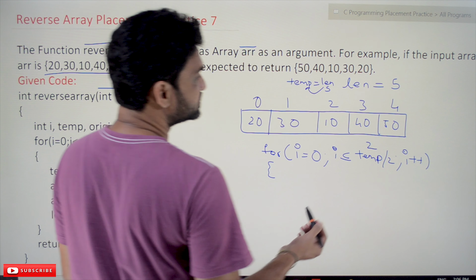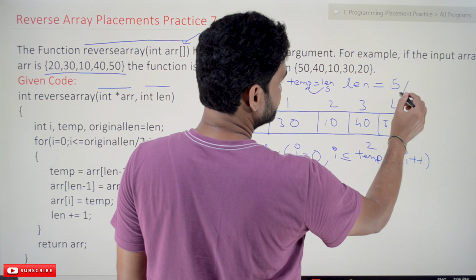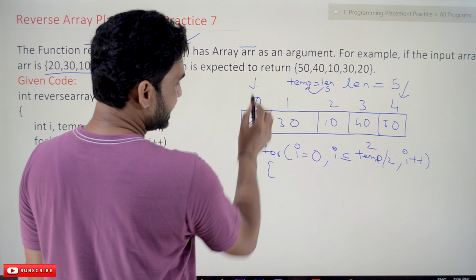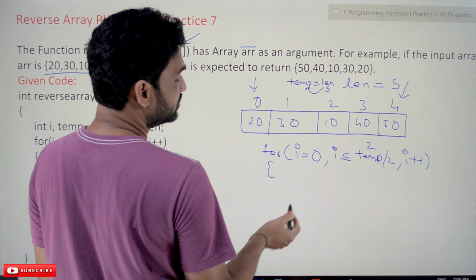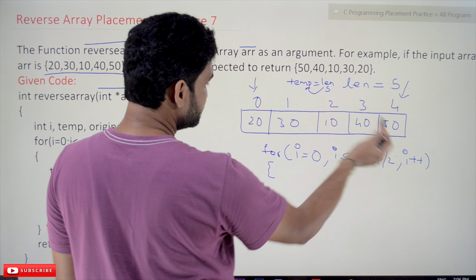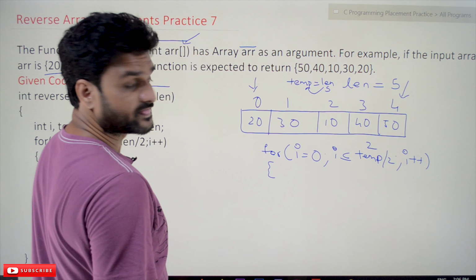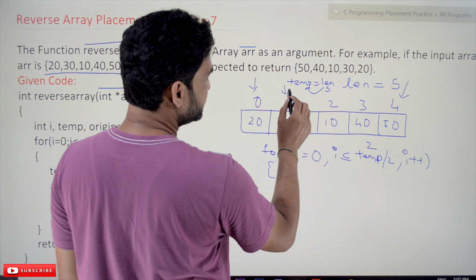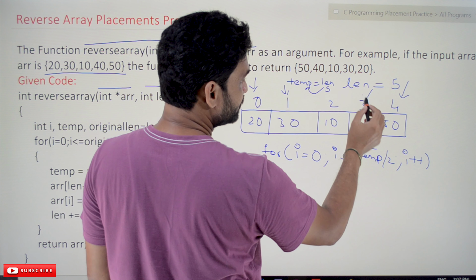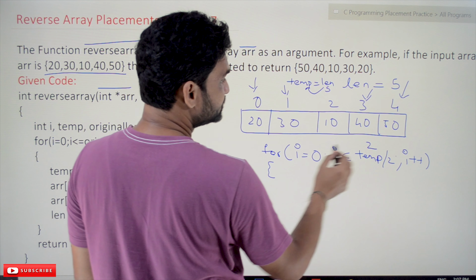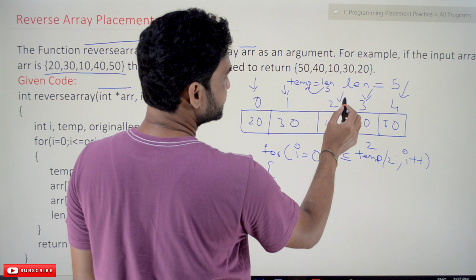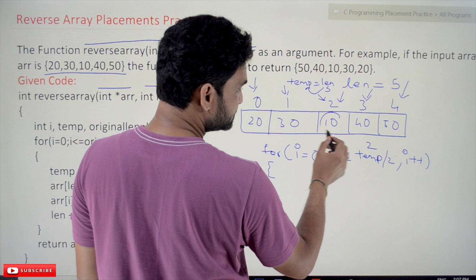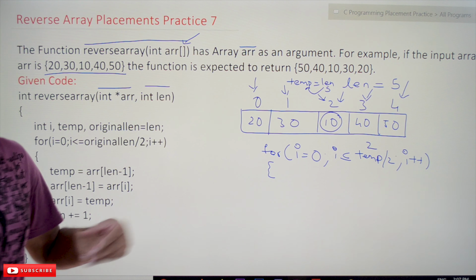Now we will take the last element, and we will start from here. As we are starting, the I value is equal to 0. So we will take the last element and swap these 2 elements. Next, we will move this pointer here, and we will also move this pointer here, and we will swap these 2 elements. Next again this element and this element. We will swap this element, which means it will remain in the same place.